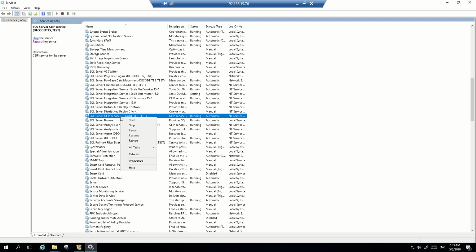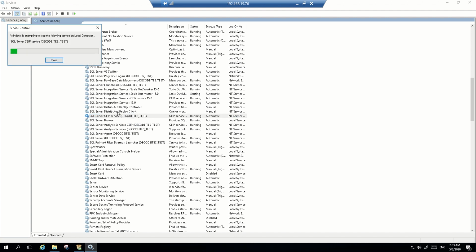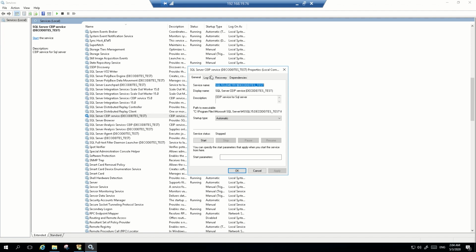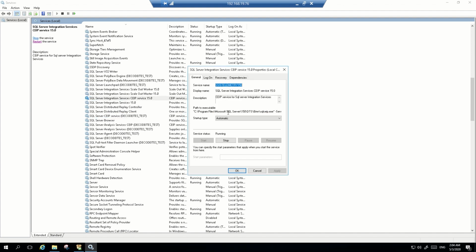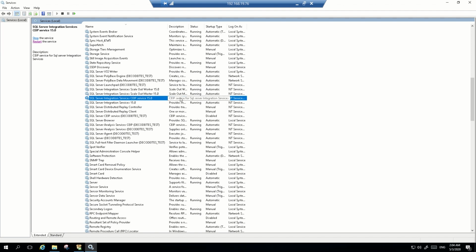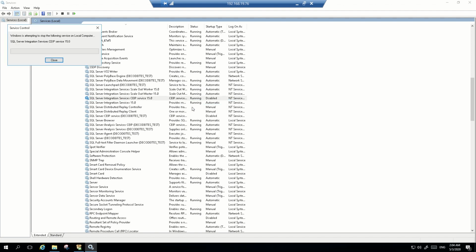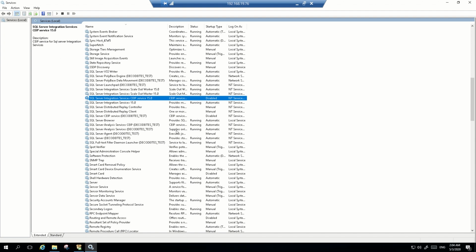So let's go and stop and disable this service because I don't want this service to collect user experience data and send it to Microsoft. CEIP means Customer Experience Improvement Program. We have Integration Services CEIP as well, so we will disable and stop it as well. In most of the production servers I am working on, I get it disabled permanently.